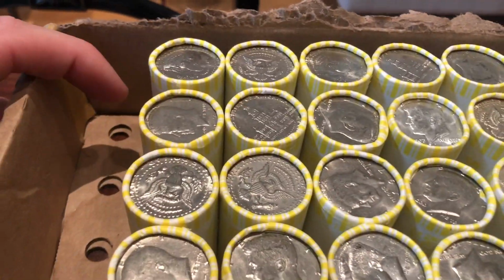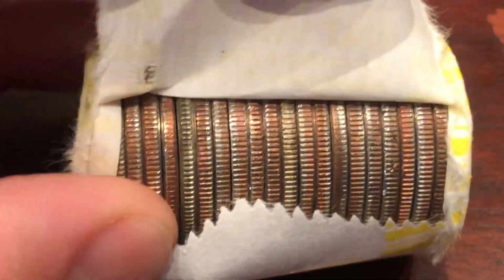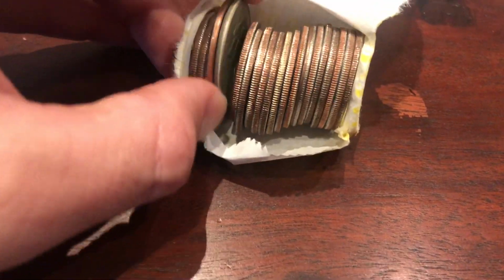Okay, guys, I'm on that 5th roll. Those back-to-backs didn't have silver, but then we're back to the doubles. 40 right here and a 40 right there. You can see the clad line on this one. So we're gonna have another set of doubles. This one is gonna be